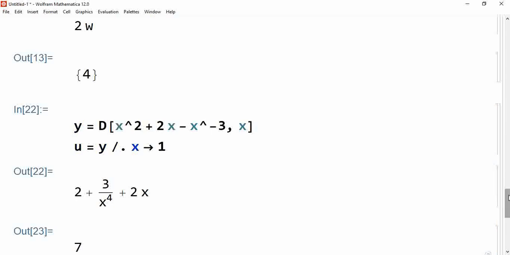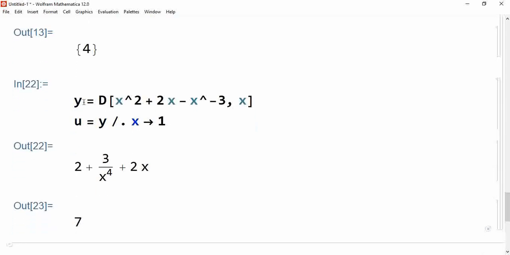I evaluate it. So now look here. First of all, this line has the derivative of this entire function with respect to x, because the derivative of x square is 2x plus 2, and then this is minus 3 over x to the power 4. Very good. Then we put 1 here, so this gives you the value of the derivative of this function at x is equal to 1. So this is how you can find the derivative of any function with respect to some particular variable. I hope